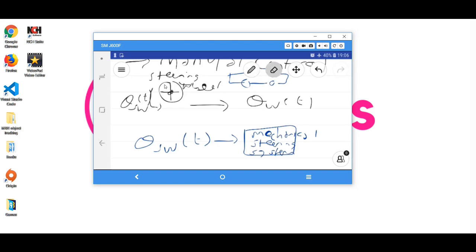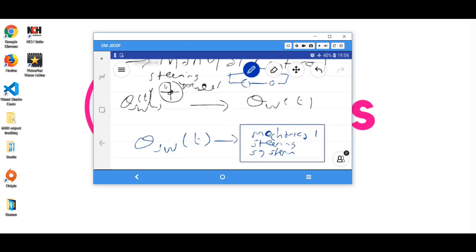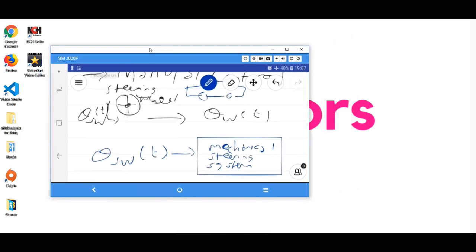I can get rid of this box and have a proper box there. Into our mechanical system, we're putting an angle, and then what we're getting out is